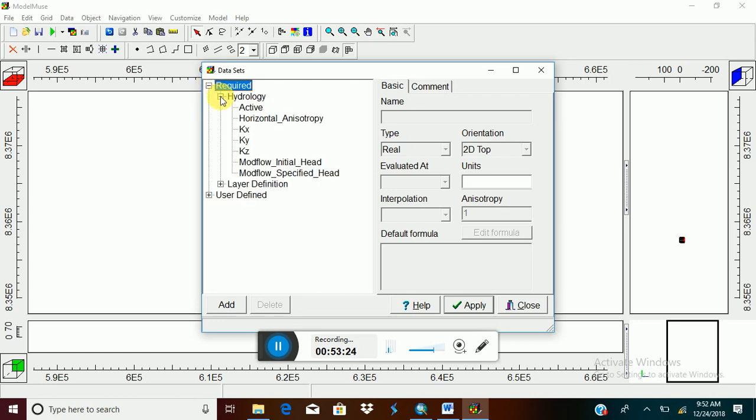This is the place where you can specify your Kx, Ky, Kz, and also the MODFLOW initial head. The MODFLOW initial head is already specified on the example. It says MODFLOW initial head is equal to 200 meters. So first let me put the MODFLOW initial head 200,